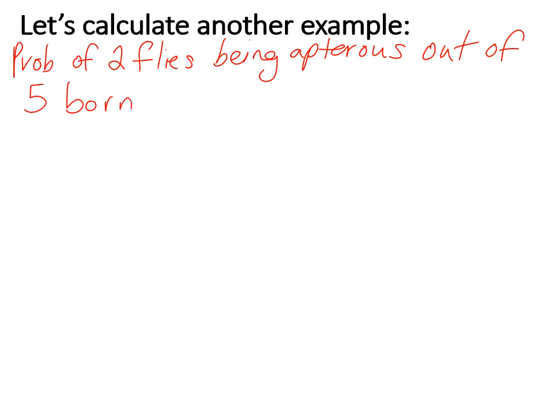And I'll specify the cross. So out of 5 born to plus A crossed with plus A parents. Okay, now notice in this question there are 5 offspring born, but I only asked you about 2 of